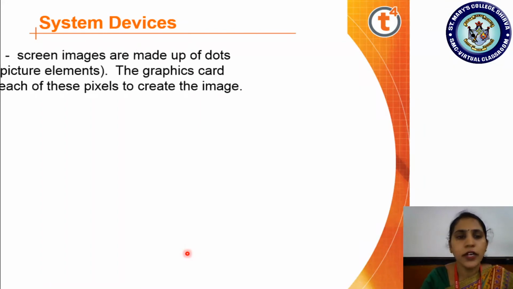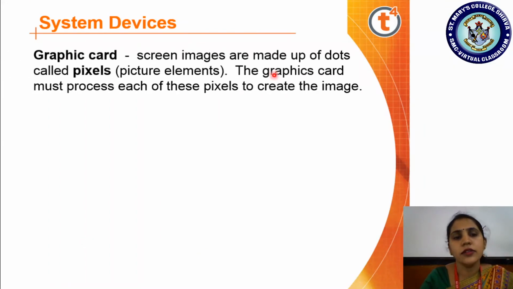And now if you just check some of the features of it. The screen images are made up of dots and they are all called pixels. Most of you are familiar with the term pixels, right? Either when you are accessing your mobile phones or when you take some pictures through your mobile. You normally use the term pixels. What are those? Actually, it is